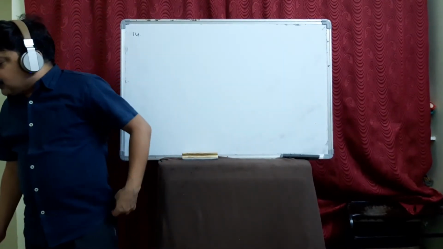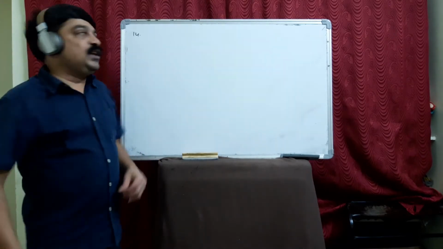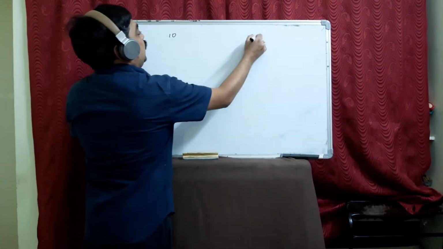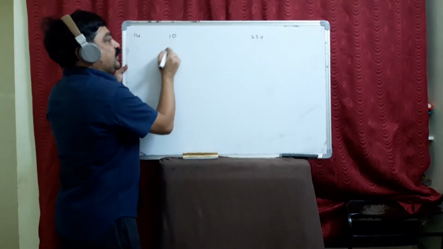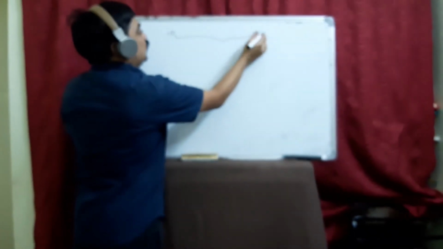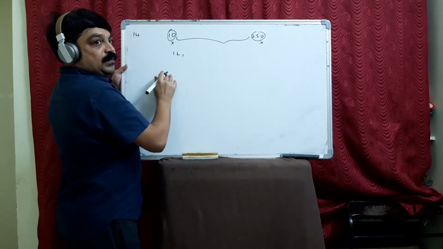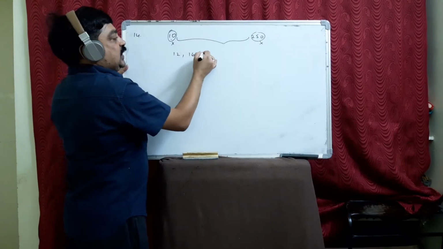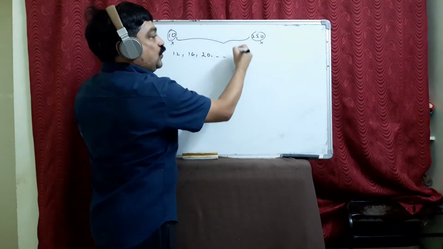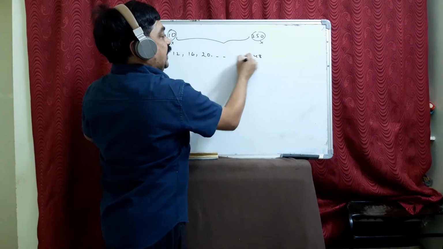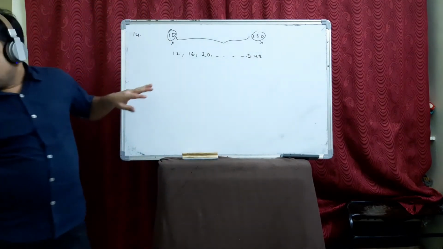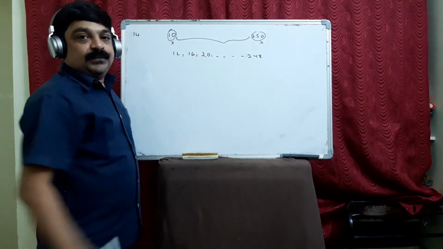Now this question is also something like that. How many multiples of 4 lie between 10 and 250? Multiples of 4 we have read. What is the first number? Between only, so these will not be included. After 10 the first multiple is 12. Next will be 16, next will be 20, and so on. Before 250 it will be 248, which is a multiple of 4. You are asked to just find out how many.